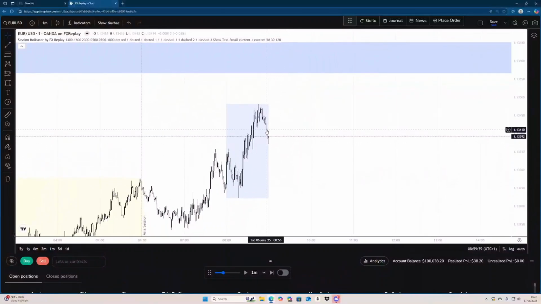Would anyone take this entry like this? Maybe, bro. I might take it one day, maybe not another. I feel like it's too early. I want to see maybe a break of structure, bro. So just to confirm it,